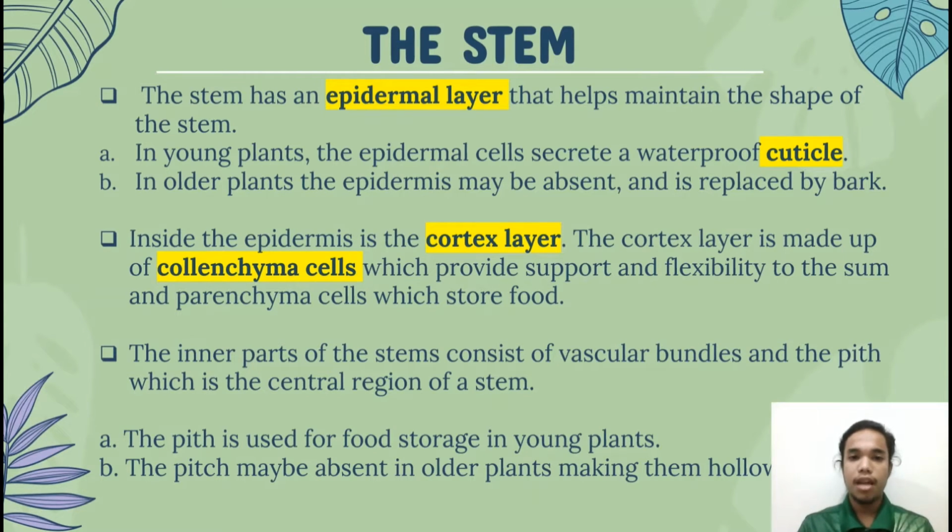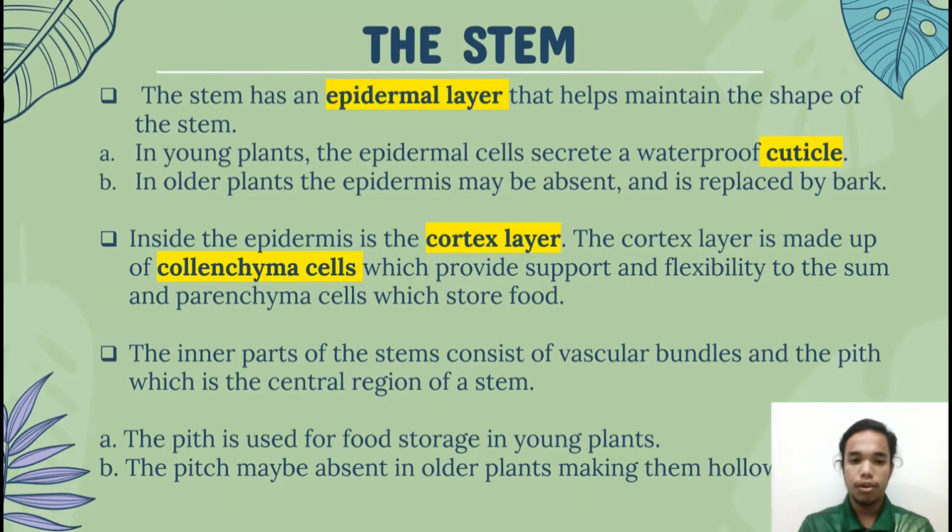The stem has an epidermal layer that helps to maintain the shape of the stem. In young plants, the epidermal cells secrete a waterproof cuticle. In older plants, the epidermis may be absent and is replaced by bark. Inside the epidermis is the cortex layer. The cortex layer is made up of collenchyma cells which provide support and flexibility to the stem, and parenchyma cells